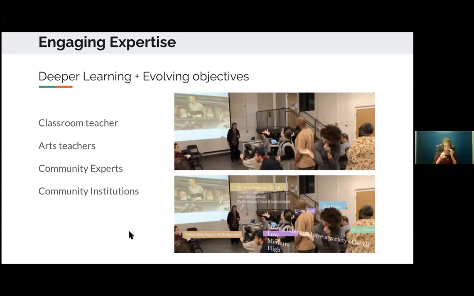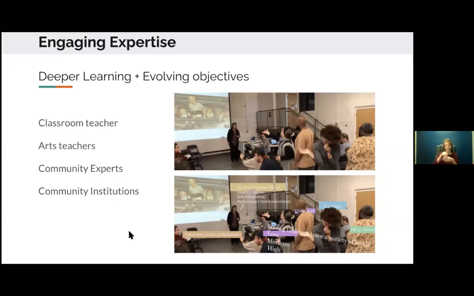So we start with the classroom teacher, then the arts teacher in the building. And when I talk about arts, I mean performing, visual, and literary, so any medium or format that you want to put in. After the classroom teacher, they can go and work with their arts or music teacher, then community experts. Community experts is a massive bucket, and that's where I would put most teaching artists, and biologists, but also higher ed, so university students and faculty. There's just a lot of varied levels of expertise within that community bucket.